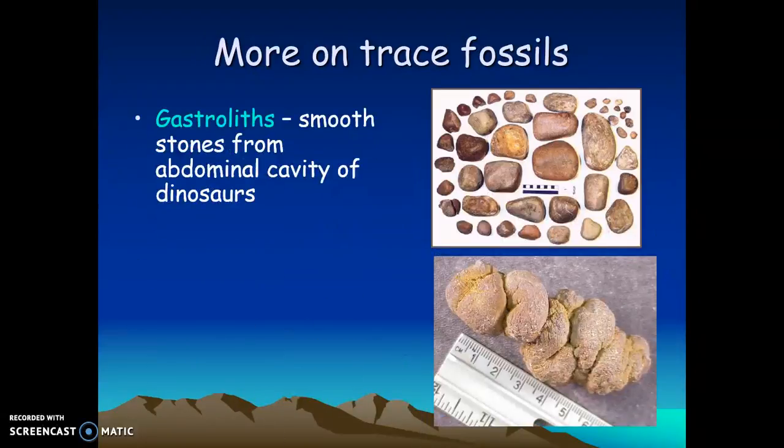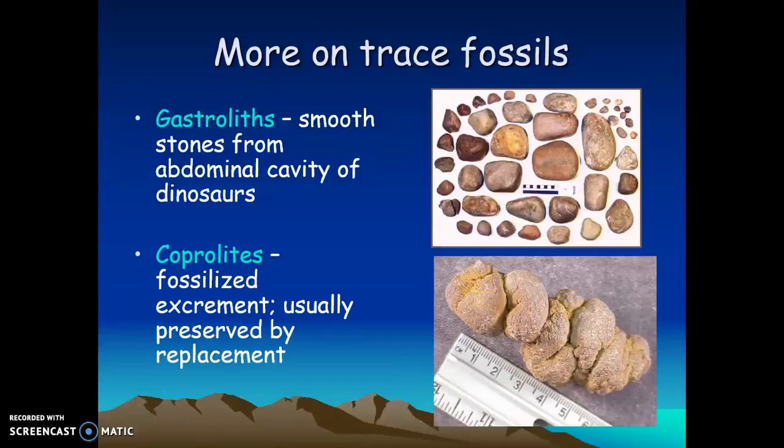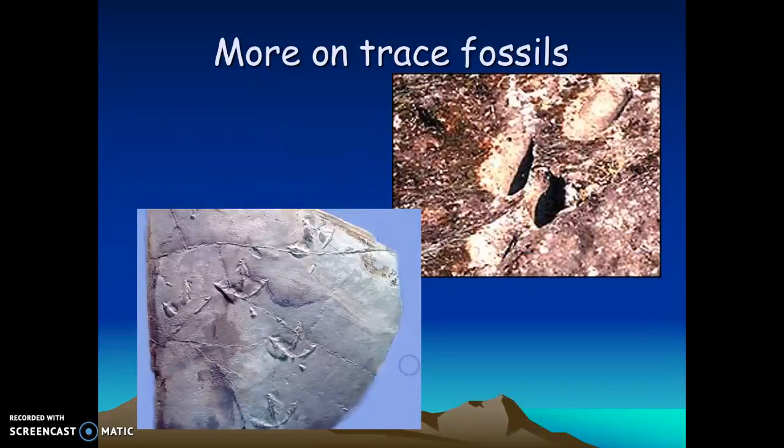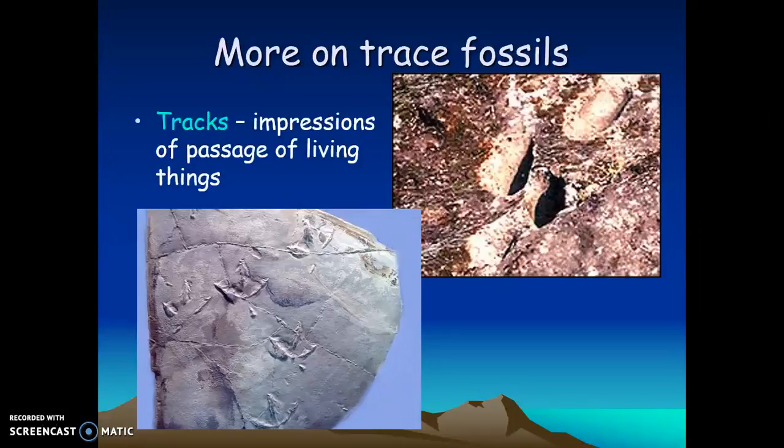Then we have gastroliths, which are smooth stones from the abdominal cavity of dinosaurs. Then we have coprolites, which are fossilized excrement, usually preserved by replacement. Then we have tracks, which are impressions of